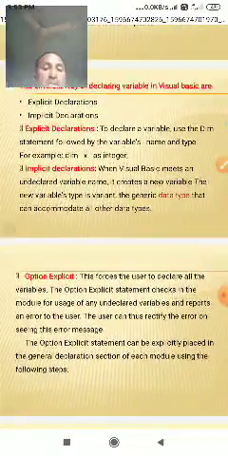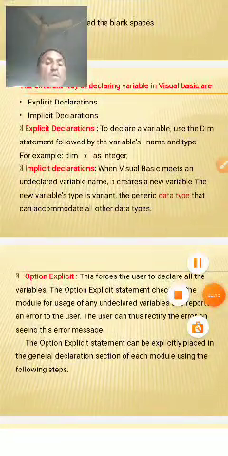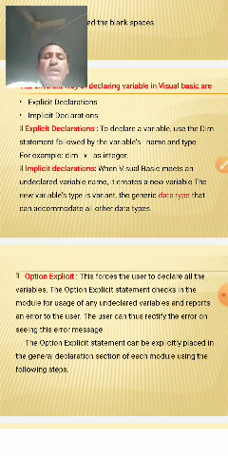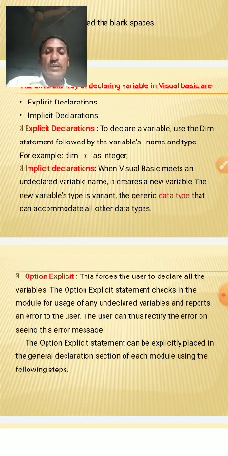Option Explicit forces the user to declare all variables. The statement checks the module for any undeclared variables and reports an error to the user. The user can then see the error box.